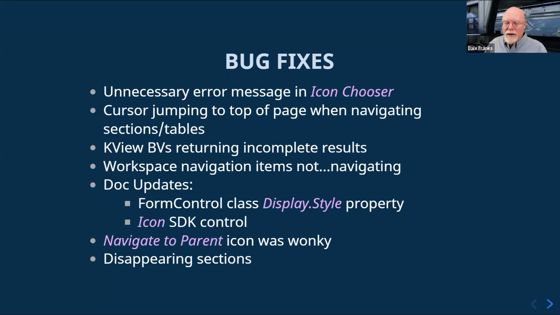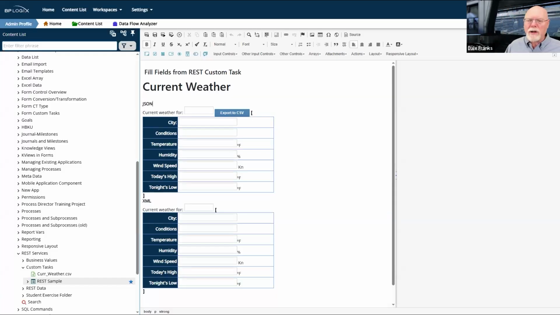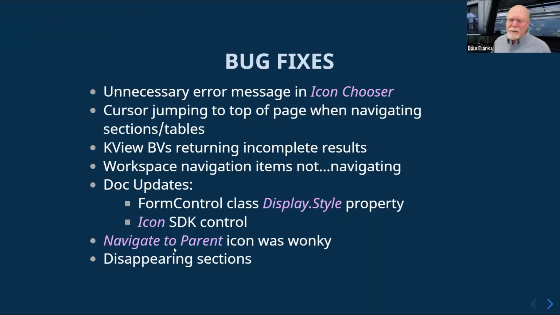So we addressed that. The workspace navigation items. If you look at a workspace inside Process Director, you have these navigation items right here. Now, for the most part, everything was great, but occasionally you would run into one of these navigation buttons that you would click and nothing would happen. Or it would try to go somewhere and whatever was showing up in the main pane of your screen would just disappear. So you just have this blank white screen there, and then you would stare at it for hours and nothing would happen. So there was something a little wonky going on with that navigation for some items.